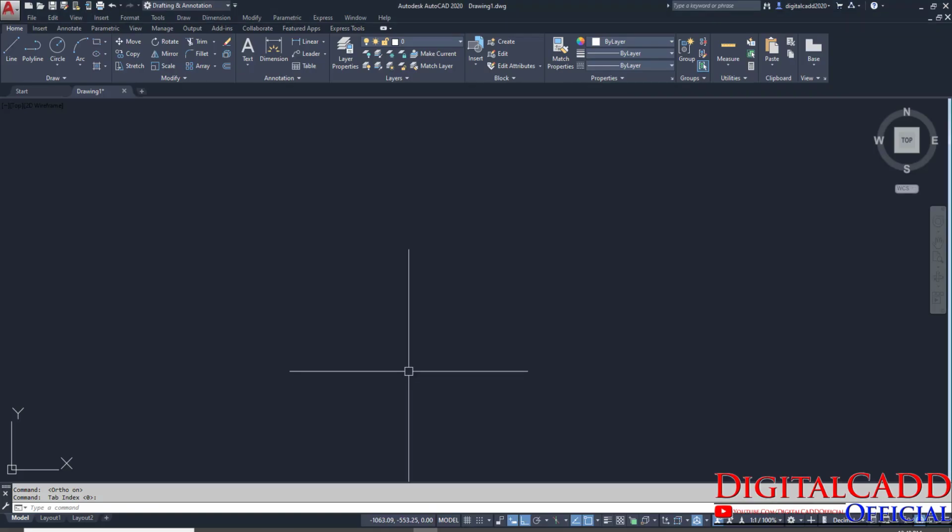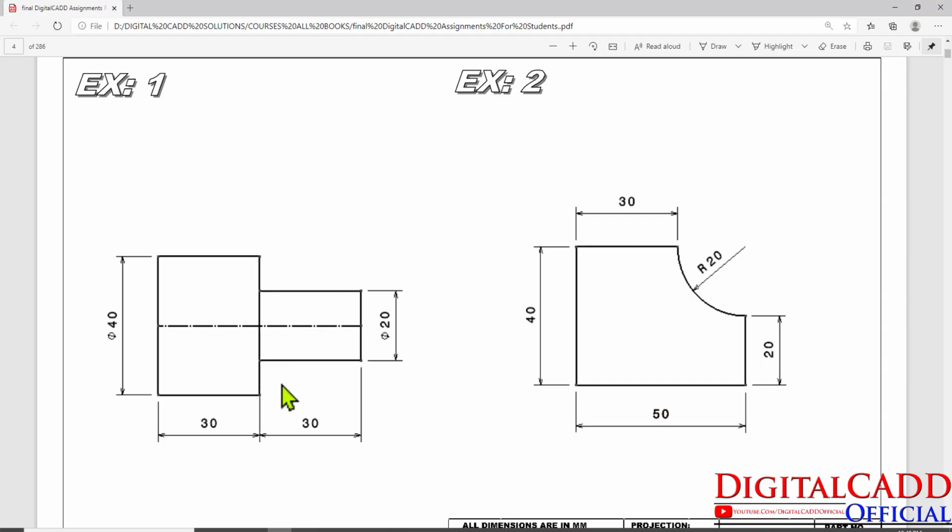Before starting this exercise, I would like to tell you something. I am not going to explain all these drawing tools one by one. We will learn drawing and commands simultaneously. Okay, which command is used for which type of drawings, we will learn all the things simultaneously.